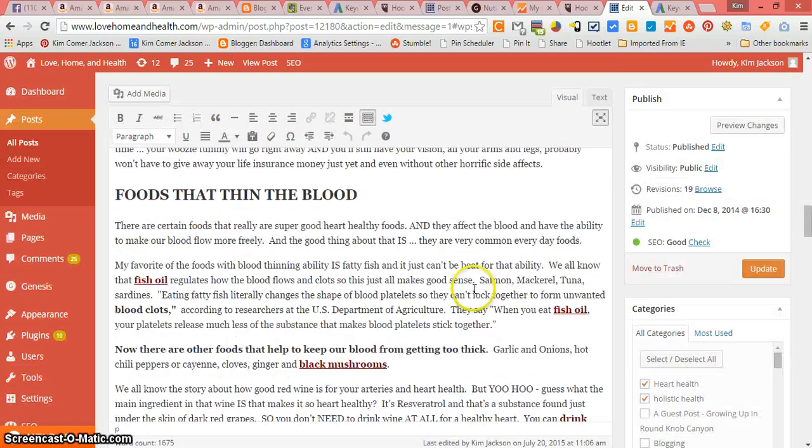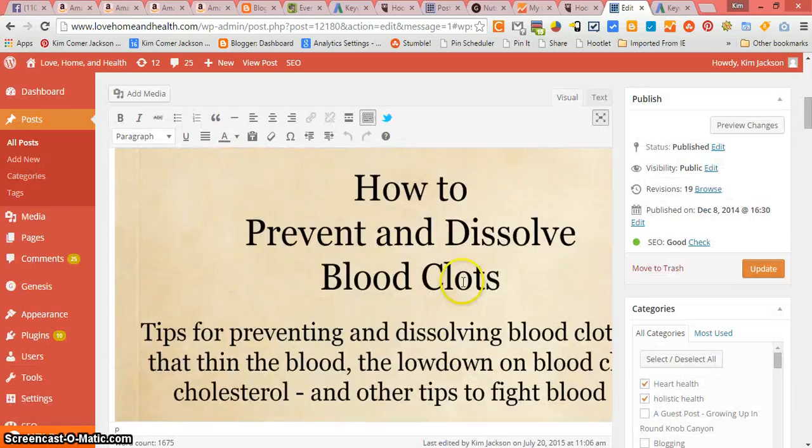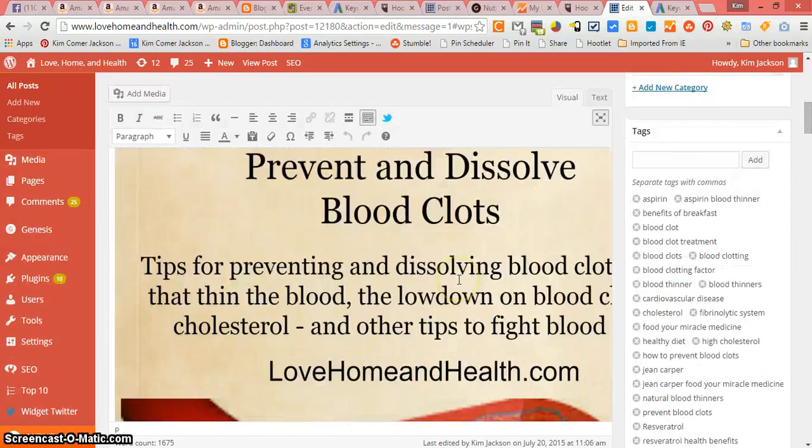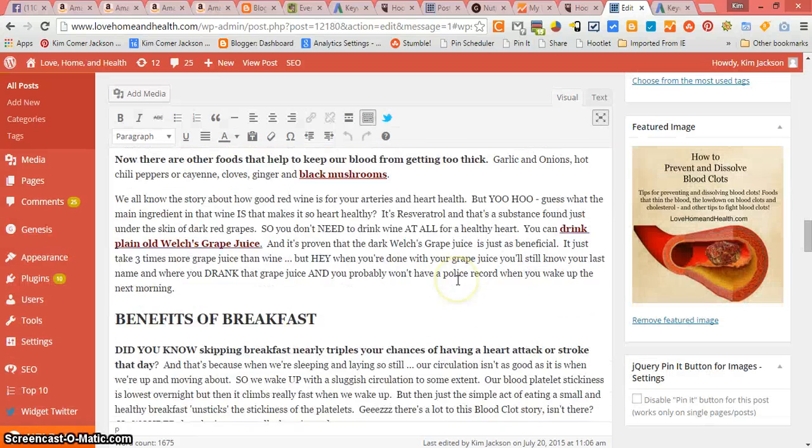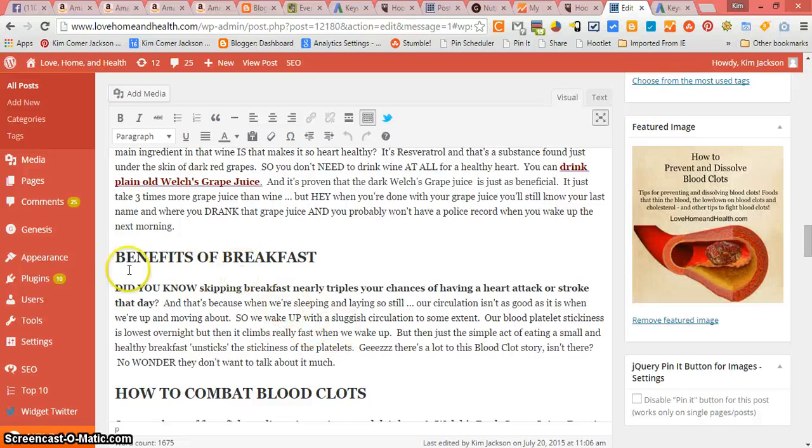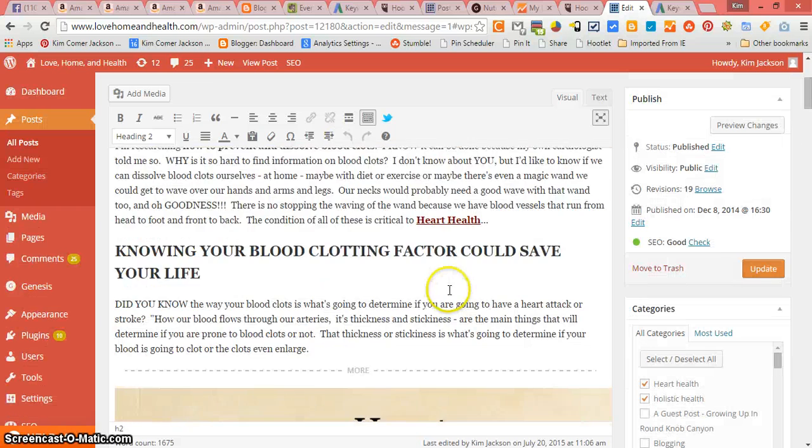So we're going to look at this now, and we have changed the title to Treating Blood Clots. And the next thing we're going to do on this post is come back and look at these H2 tags, because they're very, very important to SEO and very important to Google. But in the interest of trying to keep these videos chewable, I'm at 10 and a half minutes, and I'm going to stop here and save this one. So we will come back here shortly and do the